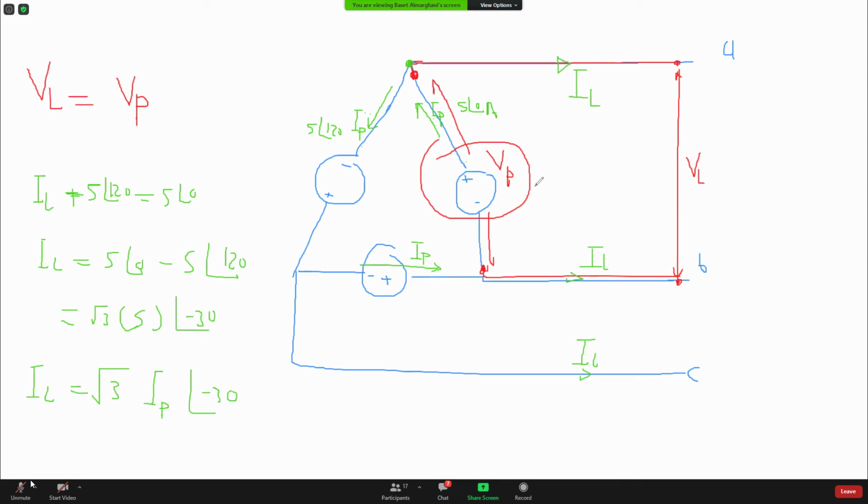The summary of this: for Y connection, I line equals I phase. And this is clear. The current here equals the current here. I phase equals I line, the same. Now for delta connection,